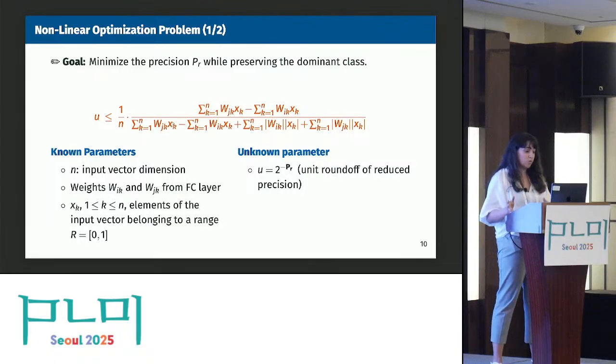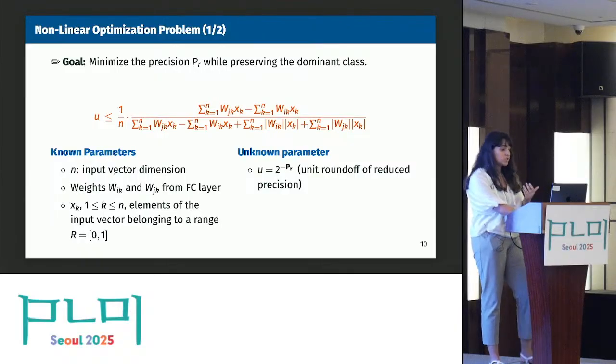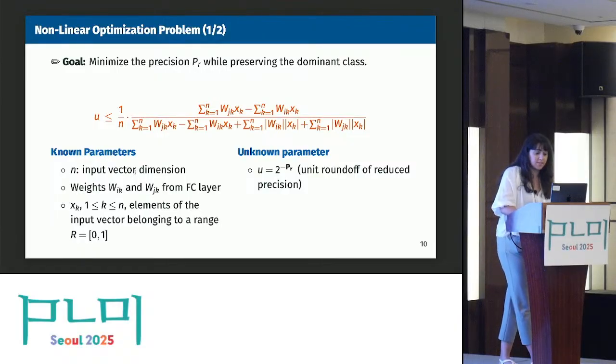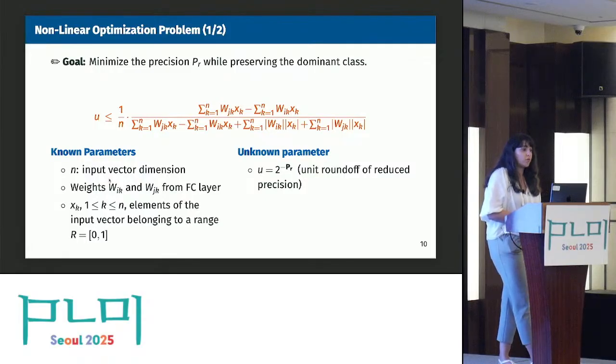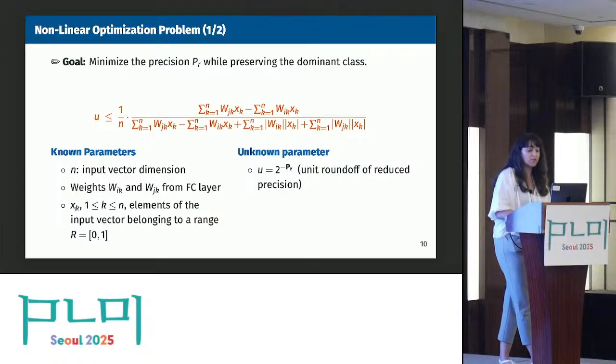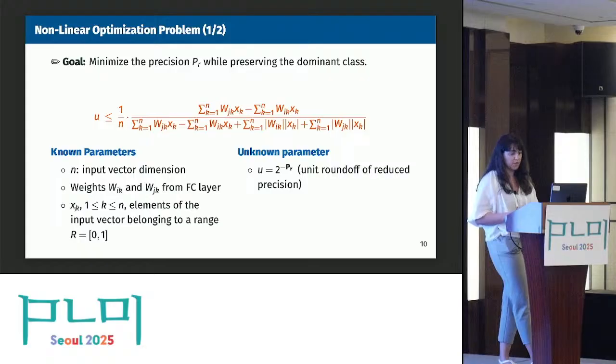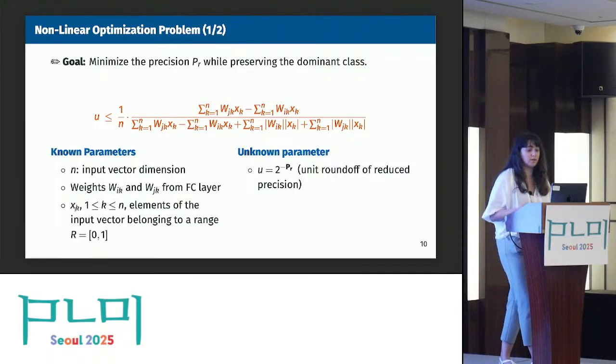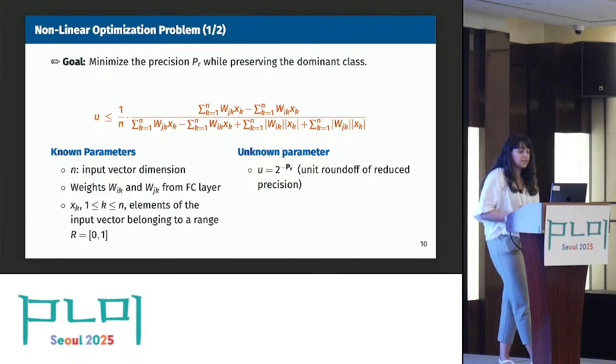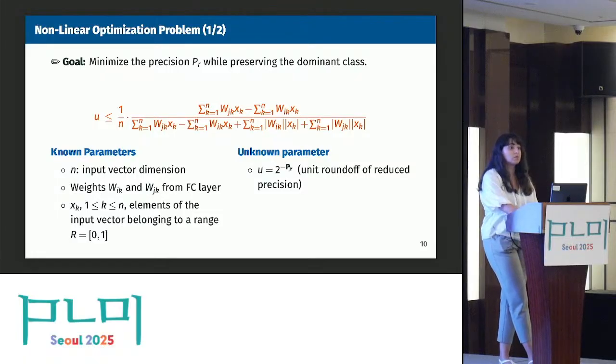So what we have as known or unknown parameters. What we know is n, which is the input vector dimension. We know the weights of our neurons. We also have xk, which are the elements of the input vector, ranging between 0 and 1. All these are known before solving our problem. And what is unknown is the PR, or the reduction precision, that we want to compute